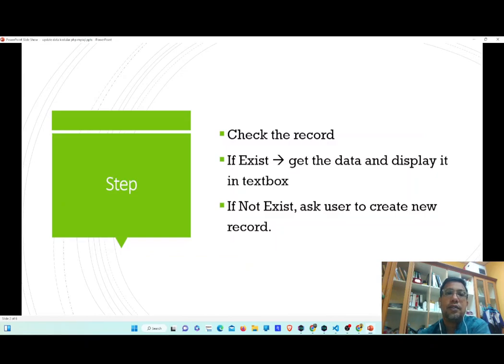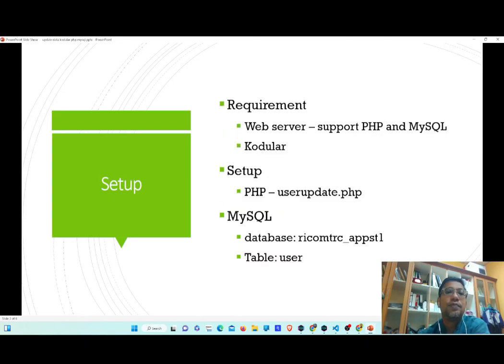Alright, so in Kodular, we need to check first whether the record exists or not. If it exists, then we get the data and display it in a text box in Kodular. If it does not exist, ask the user to create a new profile, a new record. The requirements: